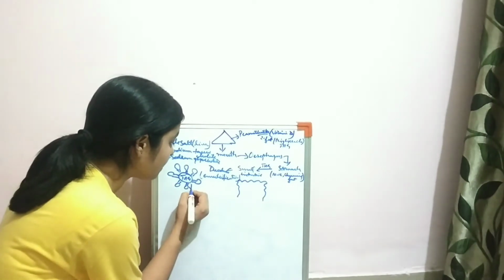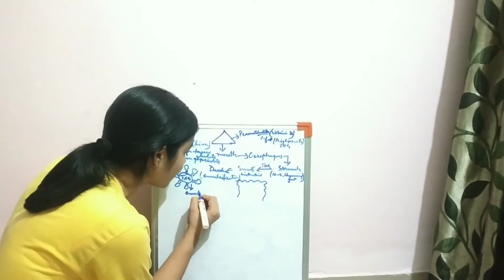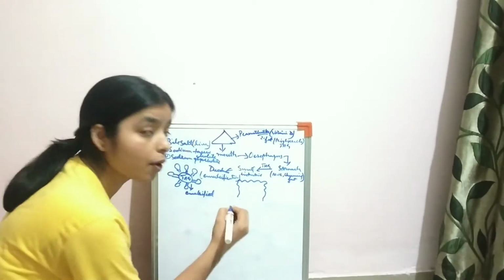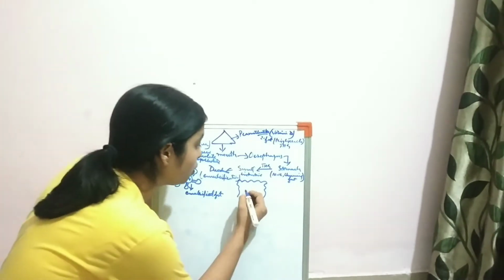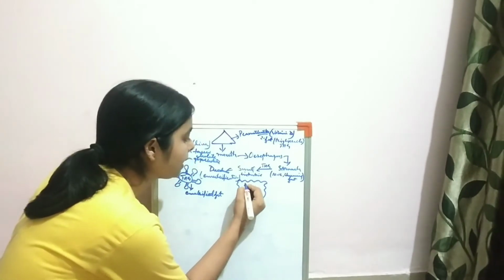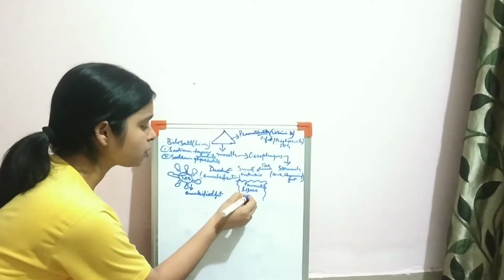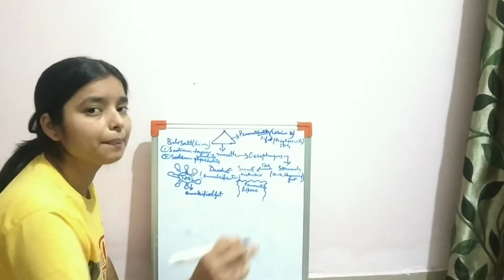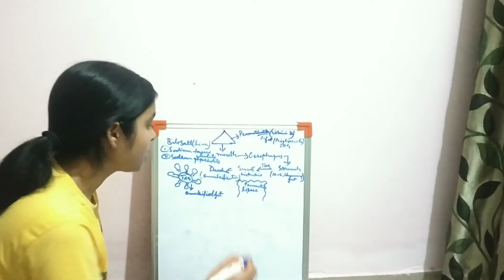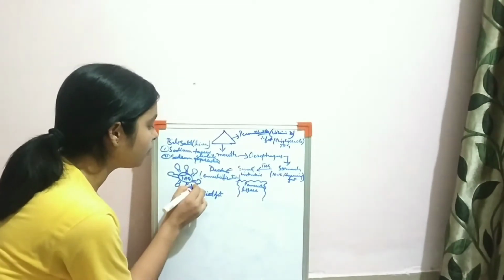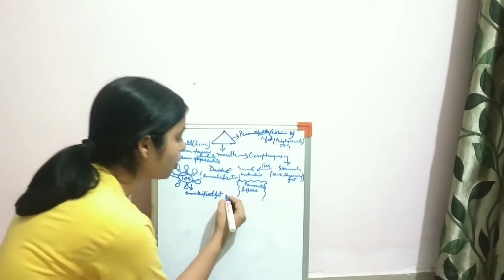And as the emulsification process is finished, what happened? The emulsified fats are now acted upon by the lipase. Now what is the lipase? Basically the pancreatic lipase, which is present in the small intestine. Lipase acts in an aqueous environment. So as soon as the surface area of the fats increases, they act upon the TAG.